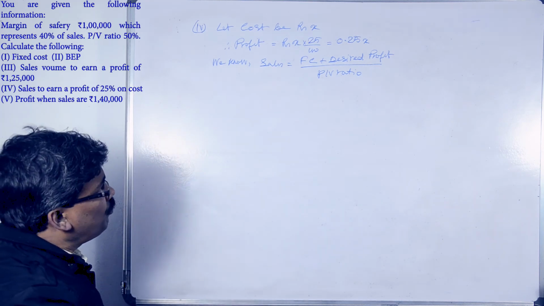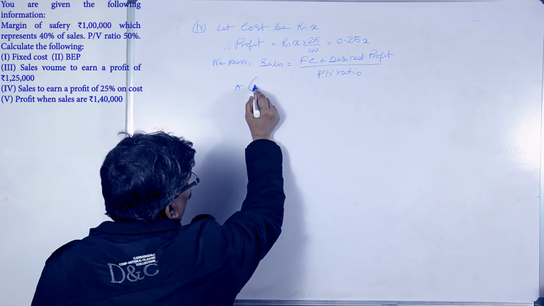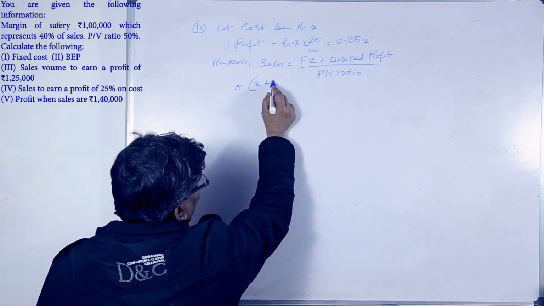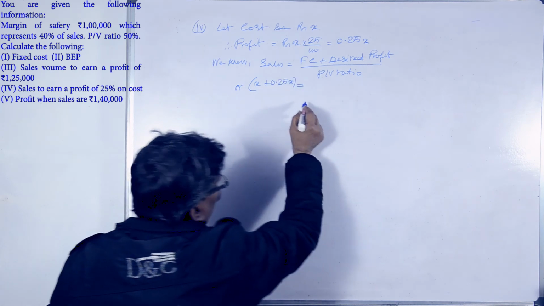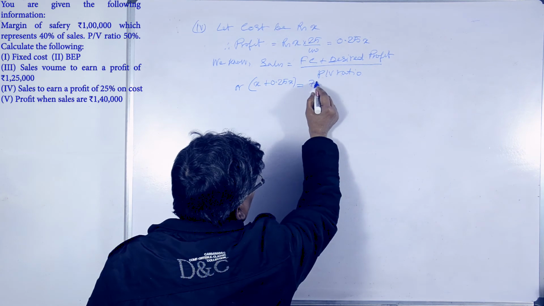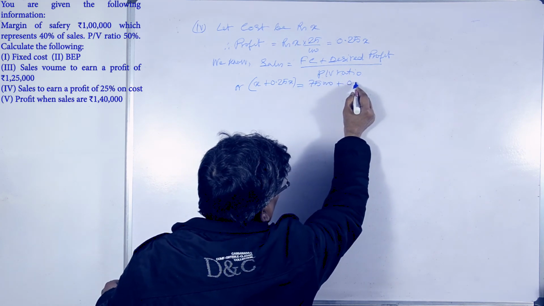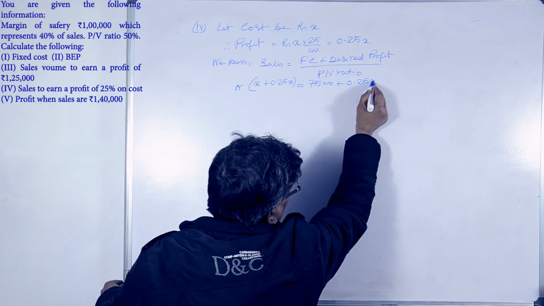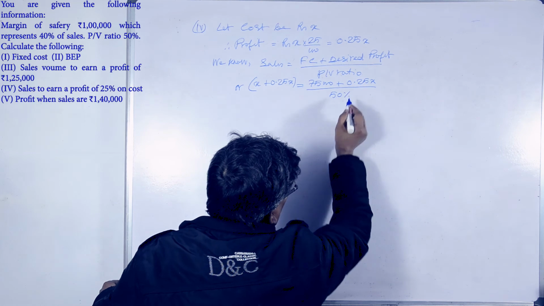Cost is rupees X, profit is 0.25X. Therefore, sales equals to cost X plus profit 0.25X equals to fixed cost we calculated 75,000 plus desired profit 0.25X divided by PV ratio 50%,